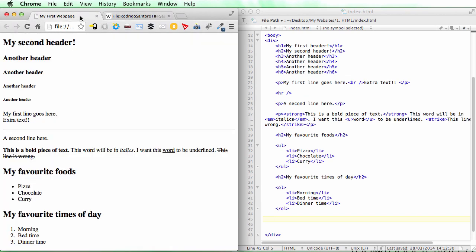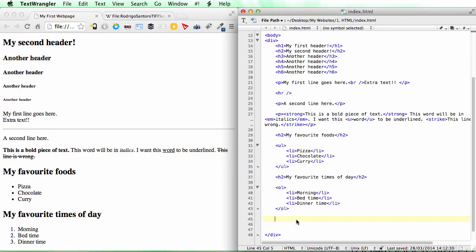Right, so how do we get that into our web page? Well, we use the img tag, which is obviously short for image. Now we need to tell the browser where to get this from. So we use the src instruction, which is short for source. So the src is the images folder /